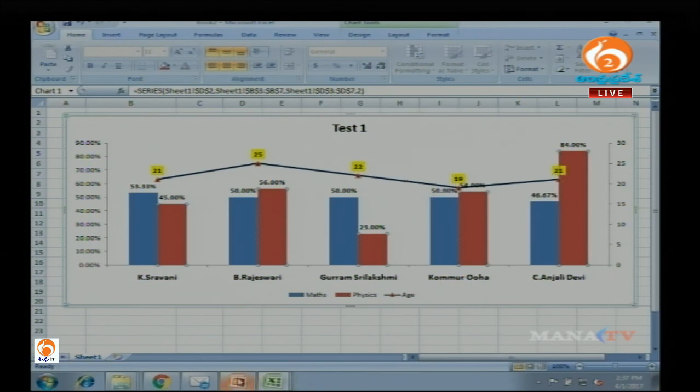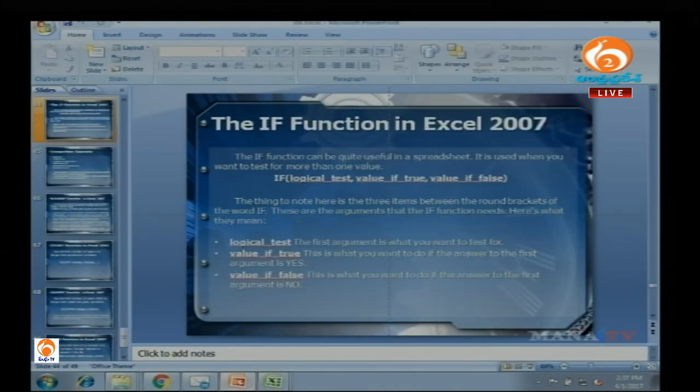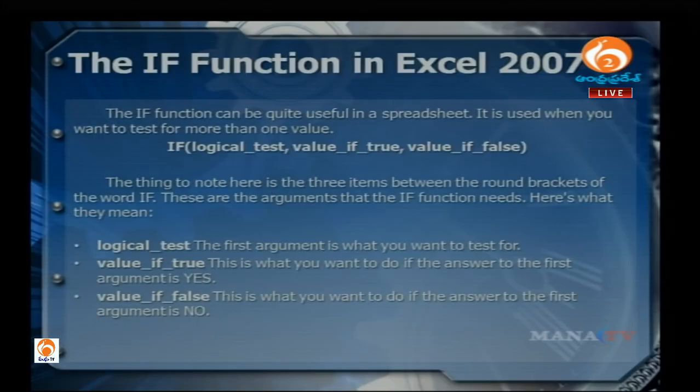Clear? Now I can keep going on and on about Excel for the next 2 weeks, 3 weeks, or 1 year. But it's not going to help until and unless you work on it. Okay? So Excel, PowerPoint, Word, all this works only when you practice, when you put the learning into practice. So unfortunately, I haven't seen anybody asking any question even on the YouTube message board, either for Word or PowerPoint, even for Excel. But whatever question you have, please do post your questions, because these trainings have been conducted only for your benefit. Because when you go for job interviews, if you have these skills, it's going to help you